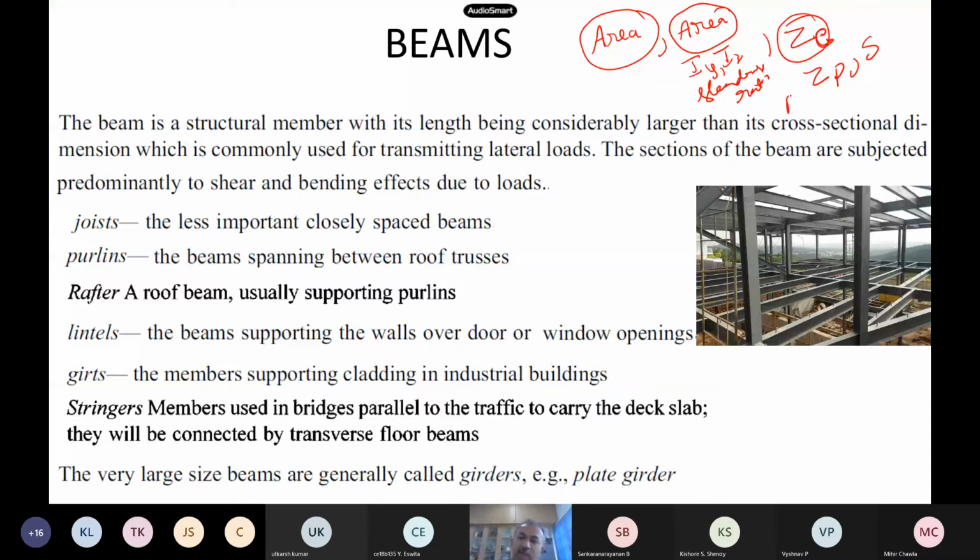Then the buckling of beams is also a very, very important thing, the lateral torsional buckling. Then the shear, which may be dominant. Generally in beams, what is the most dominating force? What are the internal forces in beams? You have done this in mechanics, right? Whenever there is a beam given a load, what do you find out?